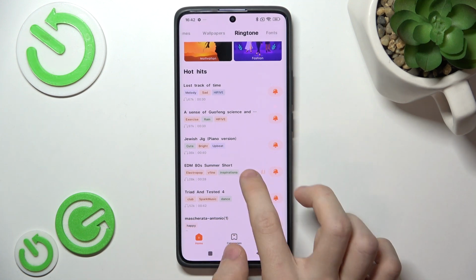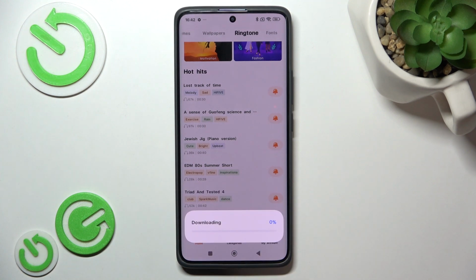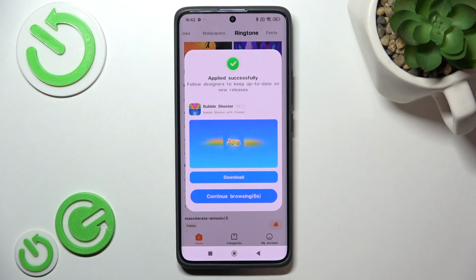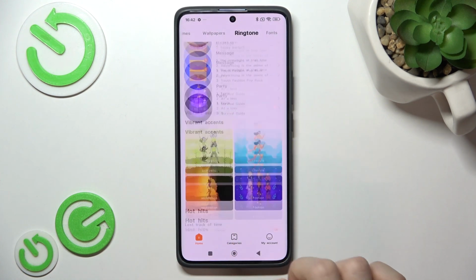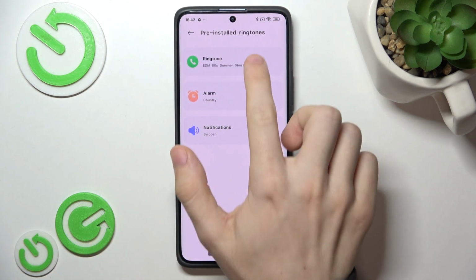So click on the one to listen to it, then click on the bell, click on OK, and it will start downloading it. Then skip this ad, and now go up to the pre-installed ringtones, then go to ringtone, and